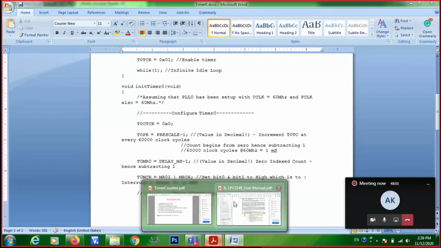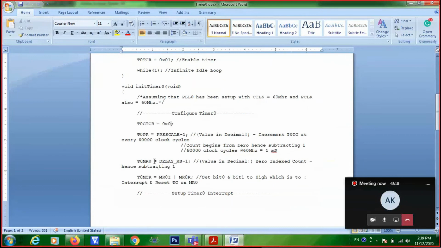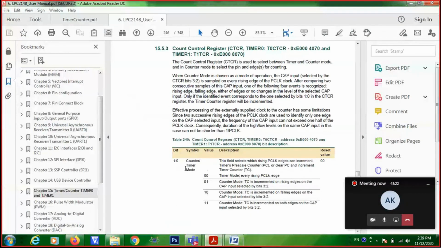This is your timer counter control register. If you are writing 0, it means you are configuring the timer in timer mode of operation. That is the first statement, right?